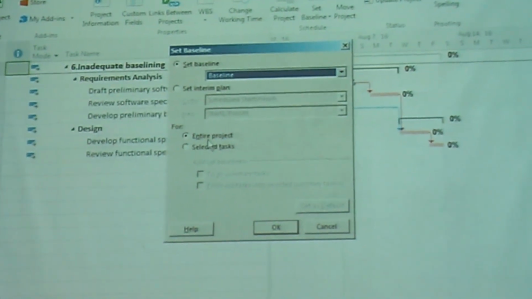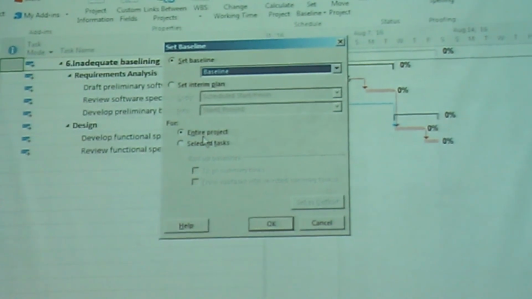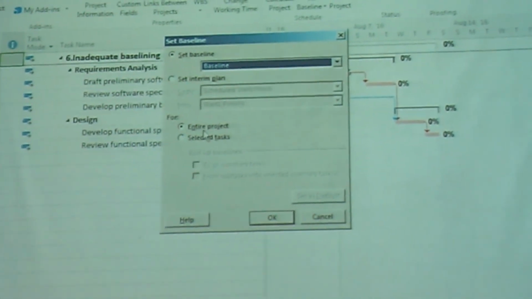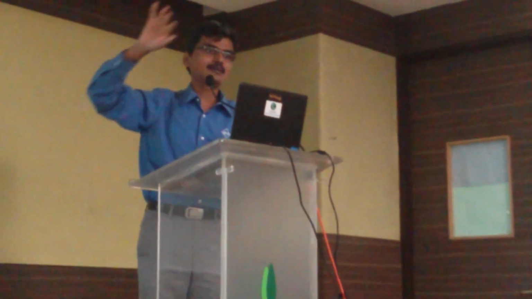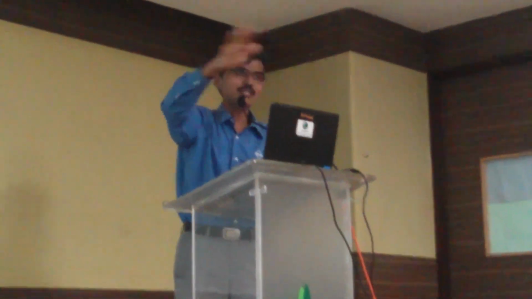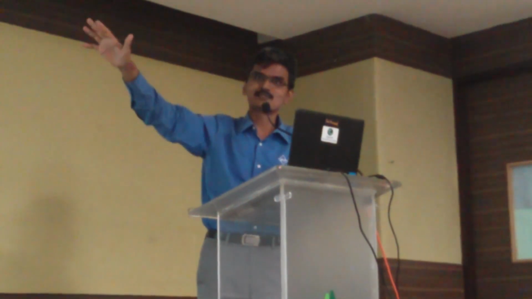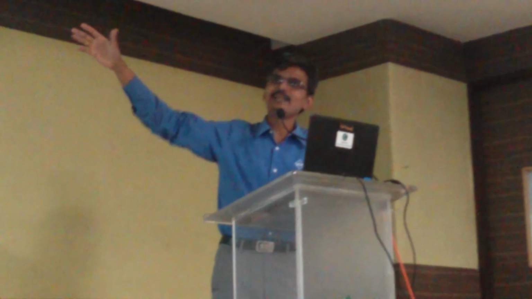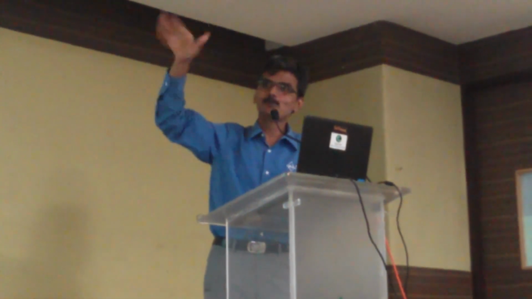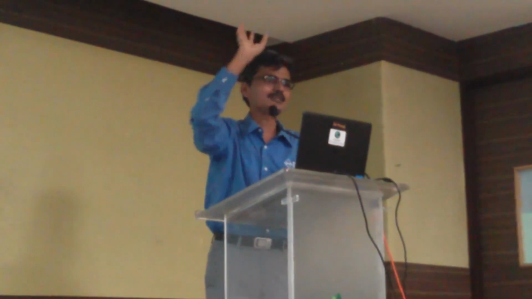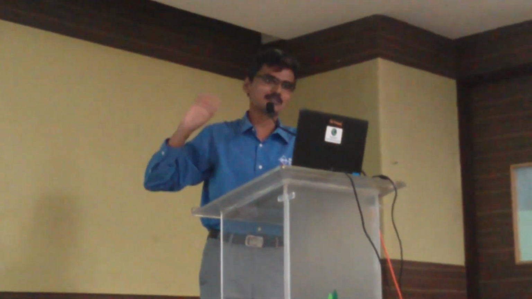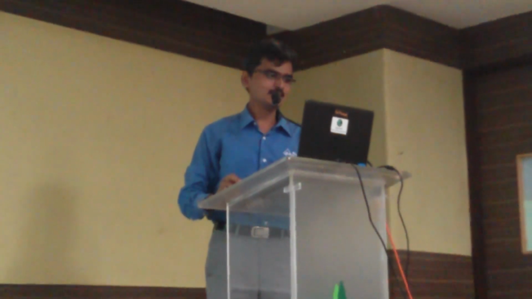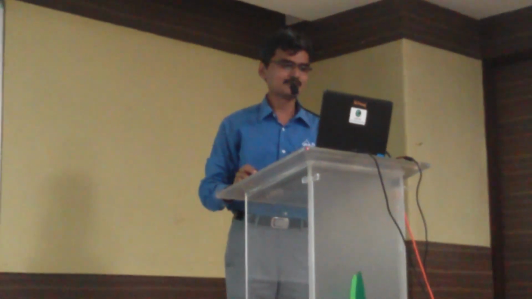A common belief we have is whatever you see on the screen is baseline. No. When you say baseline entire project, your task, resources, and assignment, all estimates across the 1,000 fields are getting baselined. So your view is not quite important at any point in time. You can be in a network diagram, in a task usage or resource usage or even the Gantt chart when you do this step. Once you say baseline entire project and say okay, since we are in a tracking Gantt, notice what happens.